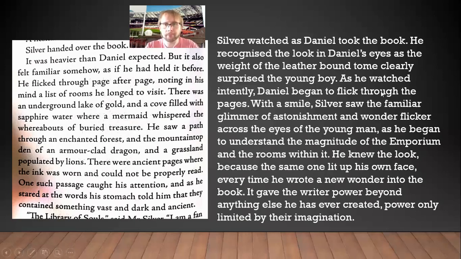So I need to be talking about what Lucian is thinking as he watches Daniel. He's seeing the smile on Daniel's face. He's seeing the wonder pass before Daniel's eyes. You could make up something completely different. You could decide that while Lucian is watching Daniel flick through this book, his mind is wandering elsewhere. Maybe he's thinking about a new room he could create. Maybe he's thinking about whether or not Daniel is going to have the same powers he's got, whether he's going to be able to be the apprentice, the assistant that he wants. You could be having Lucian thinking about all that.